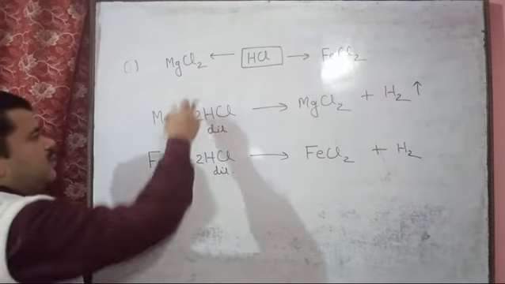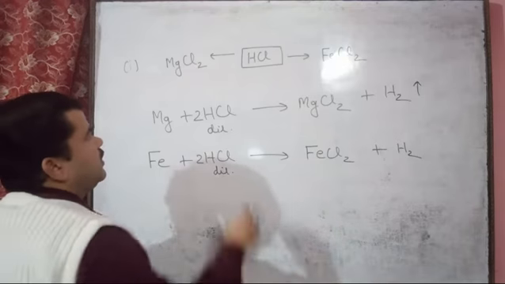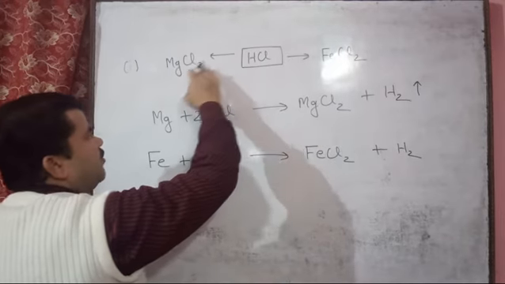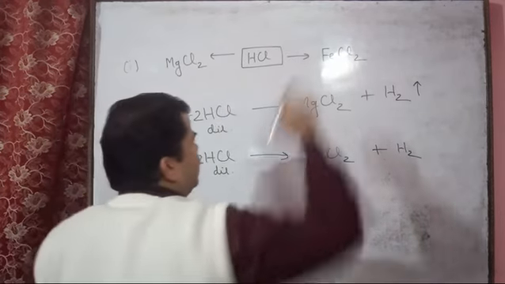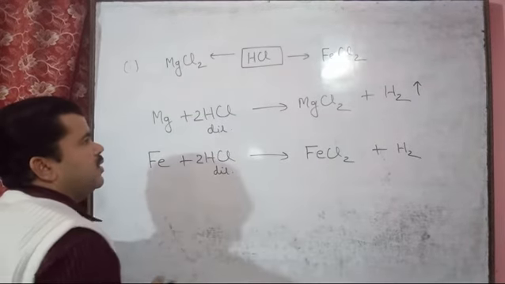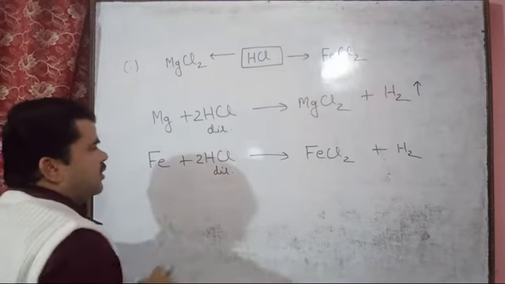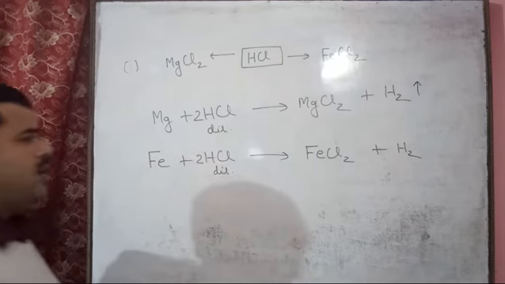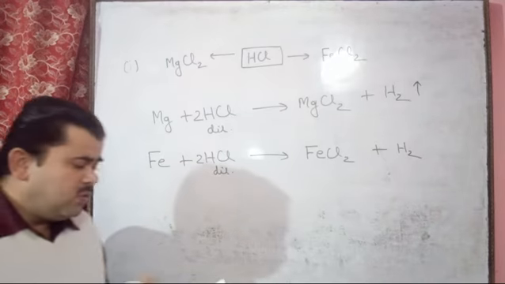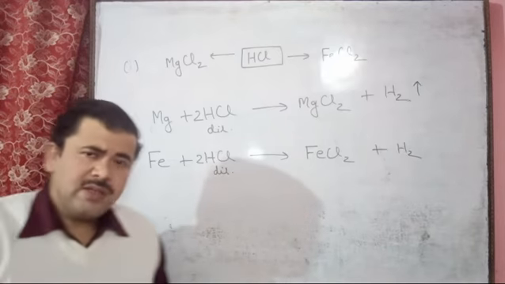So these are the two balanced equations, and we have to convert, means by using the reactant HCl we have to get the magnesium chloride and ferrous chloride. So these are the two equations. When the magnesium reacts with the hydrogen chloride, we get the magnesium chloride and hydrogen, and when the iron reacts with the dilute HCl, we get the FeCl2, means ferrous chloride plus hydrogen. So like this you have to take the other balanced equation. You are knowing these chemical equations.